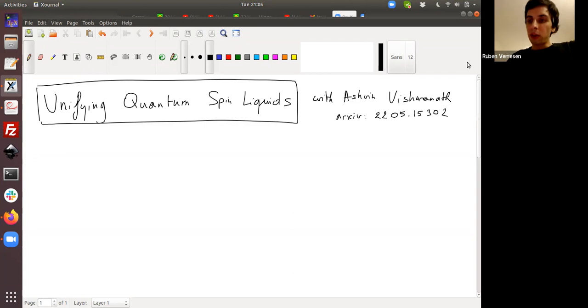So I'll be talking about some work that I did together with Ashvin Vishwanath a few months ago, which broadly tries to link together various different approaches to quantum spin liquids. The motivation came from some previous work where we tried to show how an experimentally relevant Hamiltonian for Rydberg atom arrays could host a quantum spin liquid ground state. And numerically, we saw that it has a spin liquid ground state,